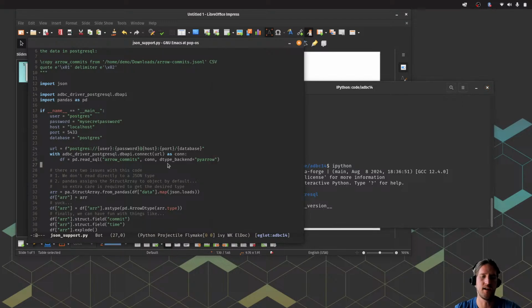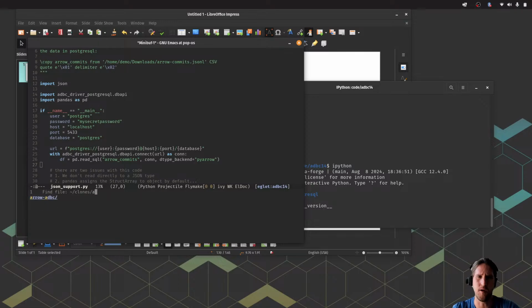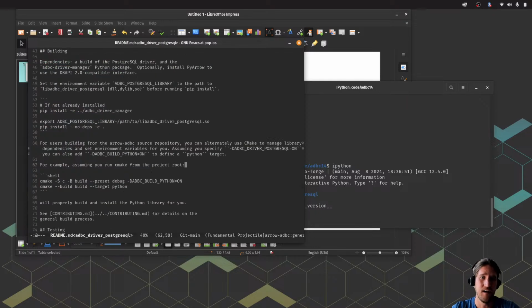If you did yourself want to get a sneak peek into that, you're certainly welcome to. I would advise with Arrow ADBC, they have a Python folder in the project, and with each of them, there's like ADBC driver Postgres. You can check the README. I don't think this is entirely all that difficult, but it really depends on your background, right? If you're just coming from Python, you're probably not used to building applications from scratch. But if you have some background in C, C++, if you've used CMake before, you can really just run these two commands, and actually